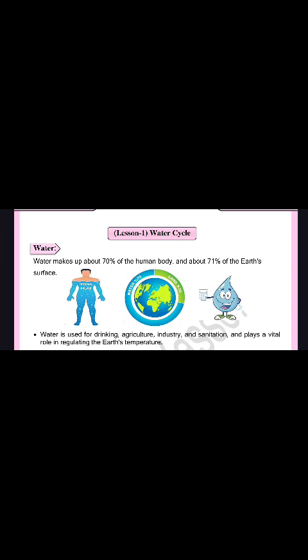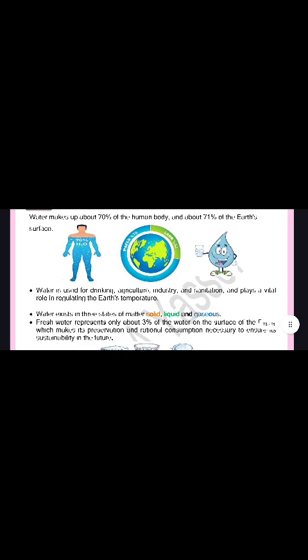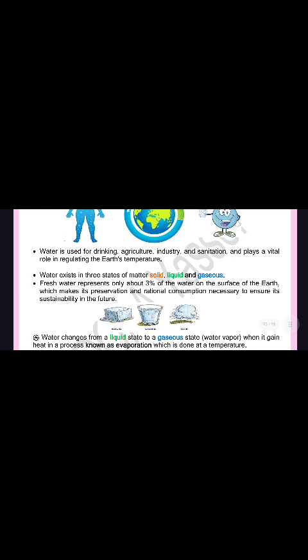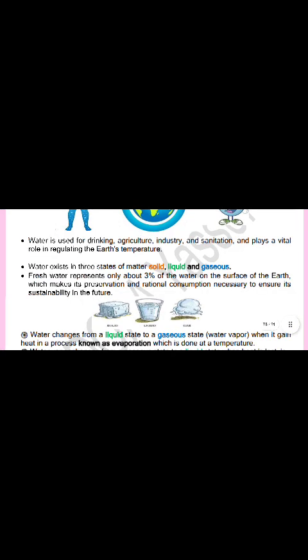Water makes up about 70% of the human body and about 71% of the Earth's surface. Water is used for different purposes like drinking, agriculture, and industry, and plays vital roles in regulating the Earth's temperature. Water exists in three states: solid, liquid, and gas. Fresh water represents only 3% of the water on the surface of the Earth, which makes its preservation